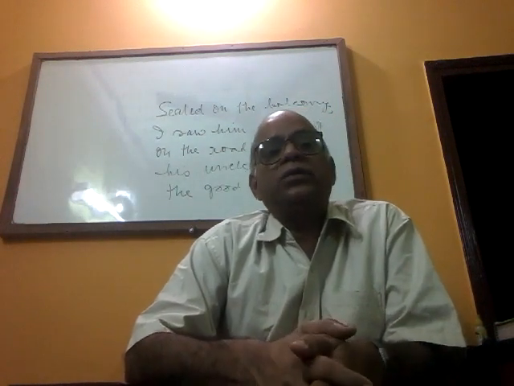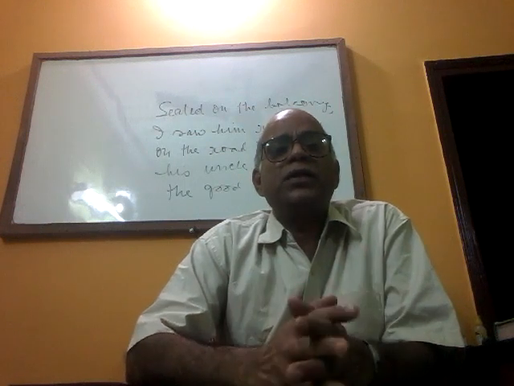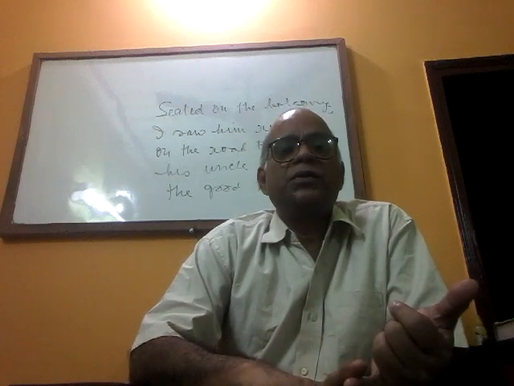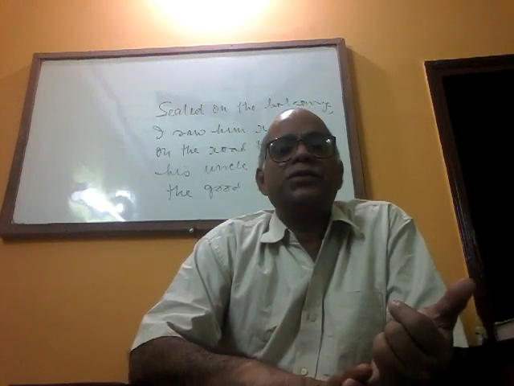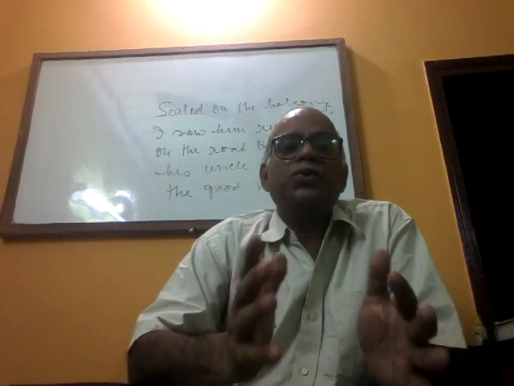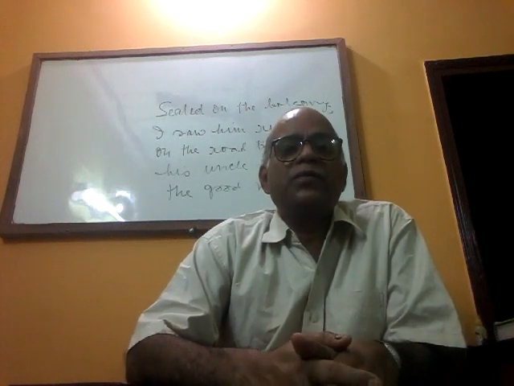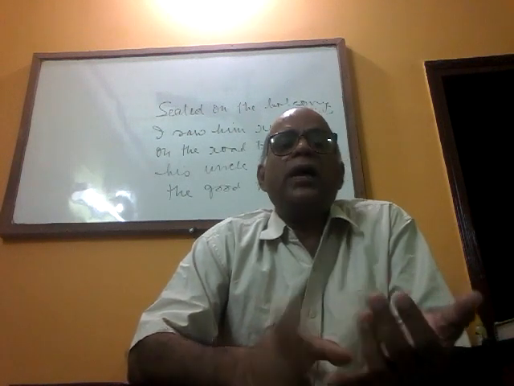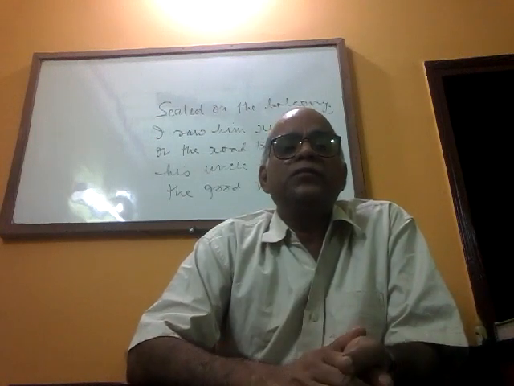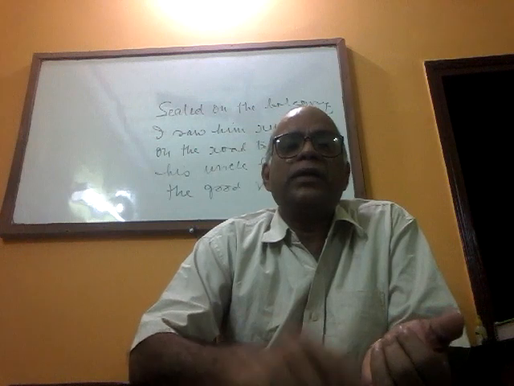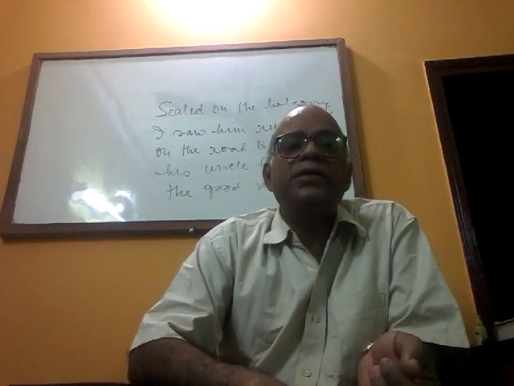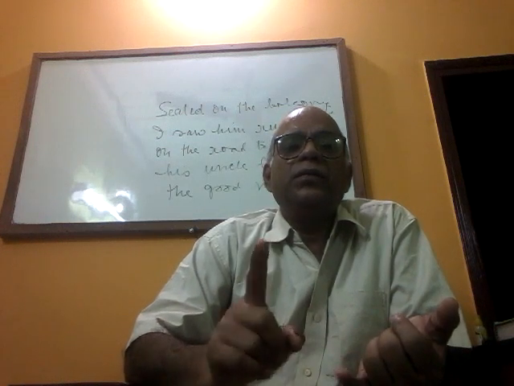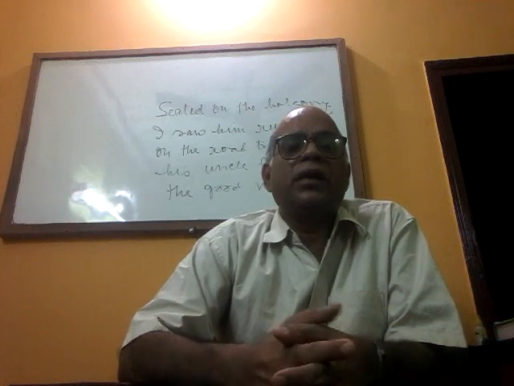But a subordinate clause has three divisions. According to their functions, they are divided into three categories: noun clause, adjective clause, adverb clause. A noun clause does the function of a noun, as the name itself suggests, and a noun has six functions, which I will discuss later. An adjective clause qualifies a noun or a pronoun, and that noun or pronoun is called its antecedent. And an adverb clause modifies a verb, an adjective, or another adverb.